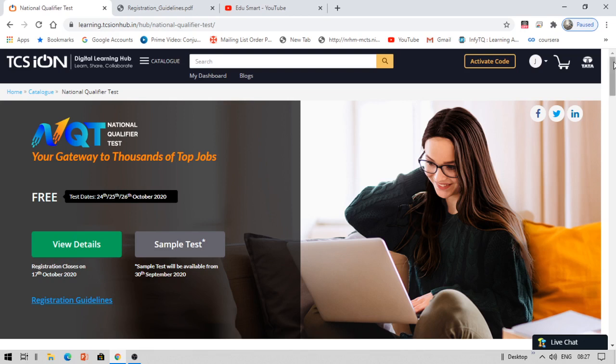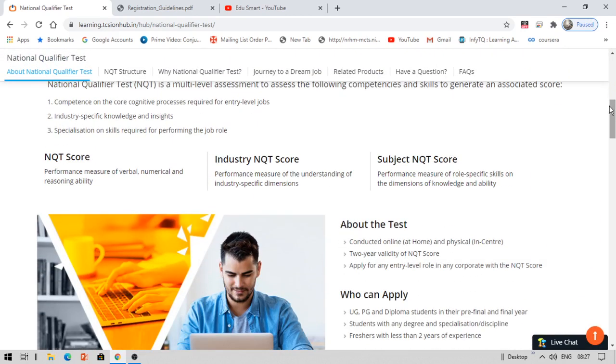Now let us talk about what these NQT score, industry NQT score, and subject NQT score are. The NQT score comprises three sections of 120 minutes, which carry verbal, numerical and reasoning. Then you need to give the industry NQT score. For example, if you are applying for the banking industry, there will be questions on the banking sector.